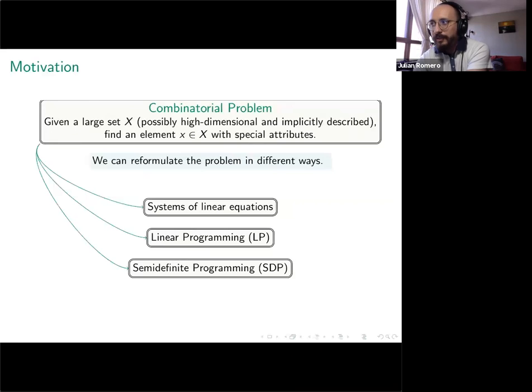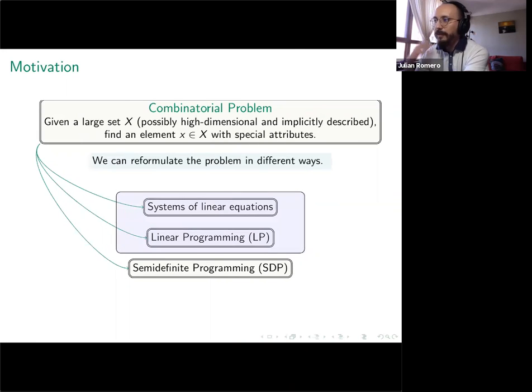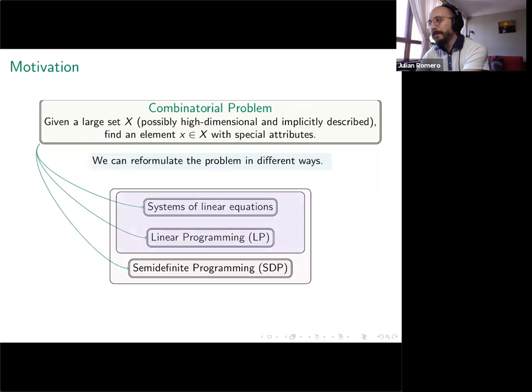Say for the stable set, at least for linear programming, you can always translate it into semi-definite programming. So a system of linear equations, I can describe it as a linear programming problem. A linear programming problem, I can describe as a semi-definite programming problem. So what is the usefulness of this? We may have some additional information if we use, let's say,